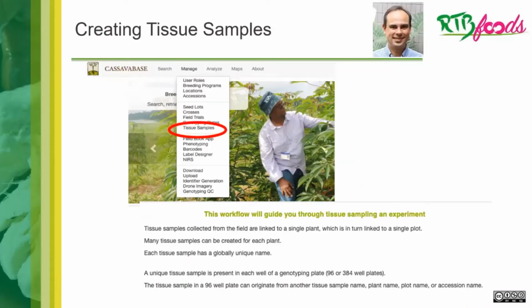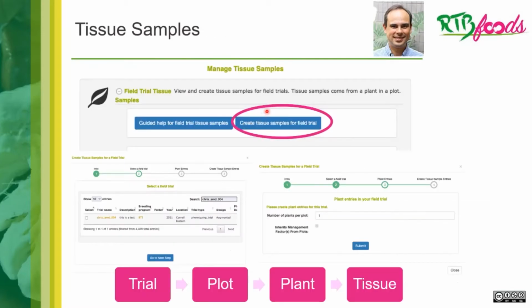Creating tissue sample. Tissue sample is important to work with NIRS, for example. Also, there are other tools you can use tissue sample, but in this case I'm interested to show tissue sample for NIRS. Tissue sample can be created here. You can go to Manage and select Tissue Sample,